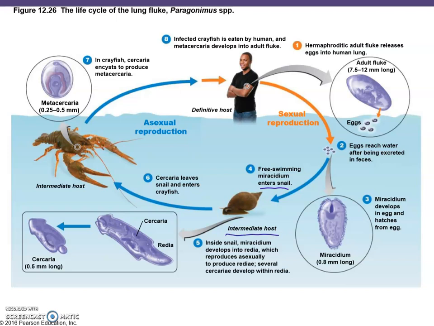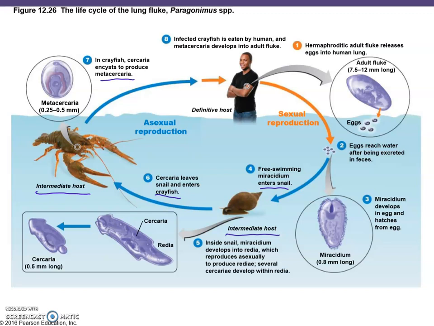The snail is an intermediate host, and inside of the snail, the miracidium develops into rediae, which then reproduce asexually. And these cercariae leave the snail and enter the crayfish. That makes the crayfish a second intermediate host right here. So the crayfish is another intermediate host, and that would be the cercaria stage. And then metacercariae develop in the crayfish. These cercariae encyst to produce metacercariae, and then an infected crayfish may be eaten by a human, and